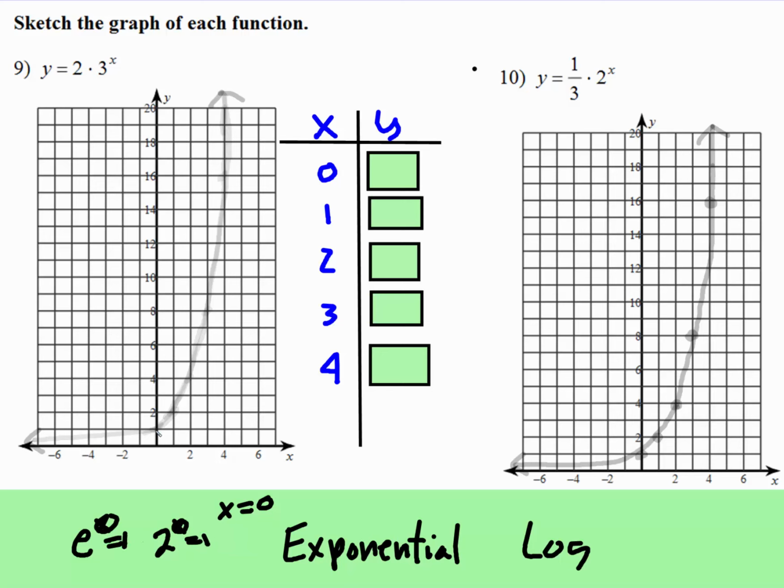So notice the parent graph for either one of those, when x is 0, it's going to touch the y-axis at 1. In this one, instead of being e, y is equal to 2 to the x would be the parent graph. And I went ahead and graphed it here. So I have it mapped out here. If we put in x values,